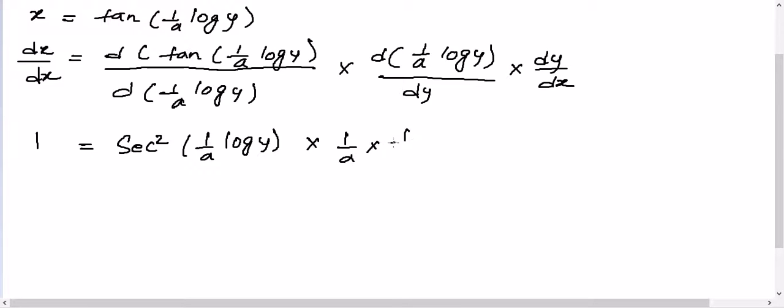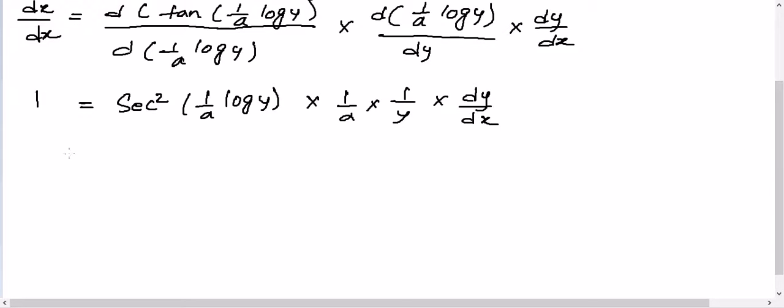Derivative of log y with respect to y will be 1 by y into dy by dx. Let me rearrange the statement. It will be 1 by ay into sec square of 1 by a log y into dy by dx,